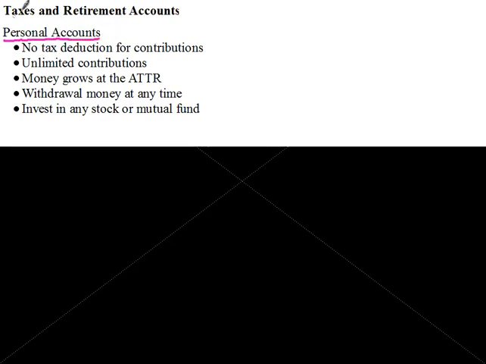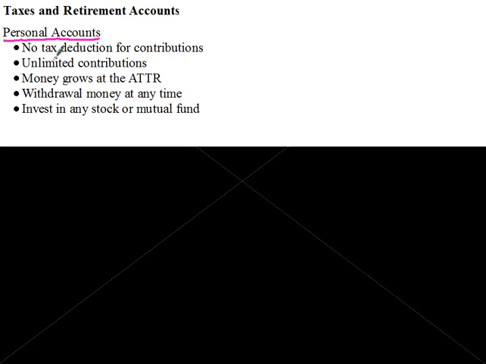A personal account is money that is not going into a retirement account. It's not going into any kind of qualified tax advantage savings program. This is just kind of normal saving that somebody might do. Not quite normal saving. I'm not talking about putting money in a bank, but investing money, say, in mutual fund companies that's not intended for retirement purposes. You're just investing some money and hoping that you make some money. So that's called a personal account.